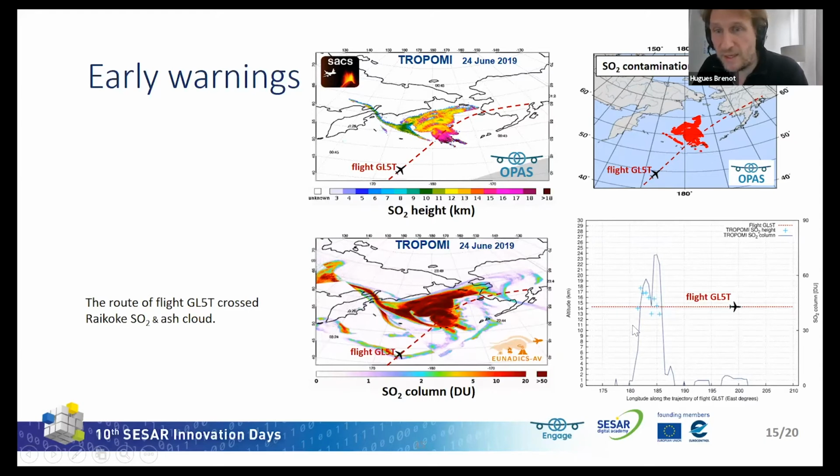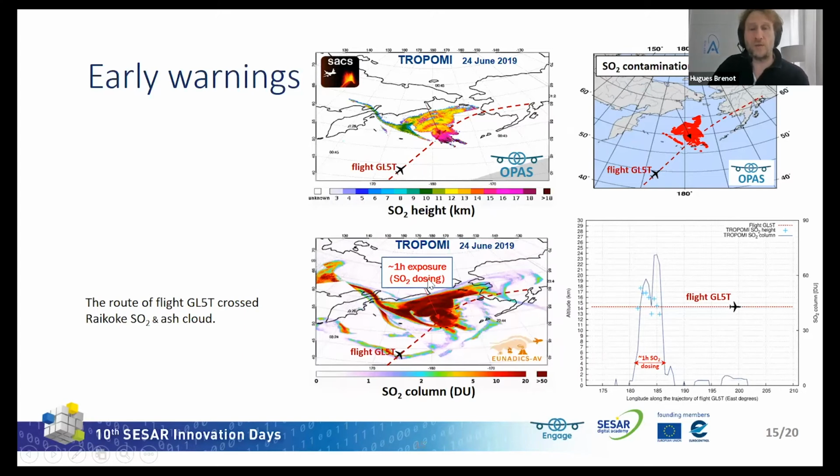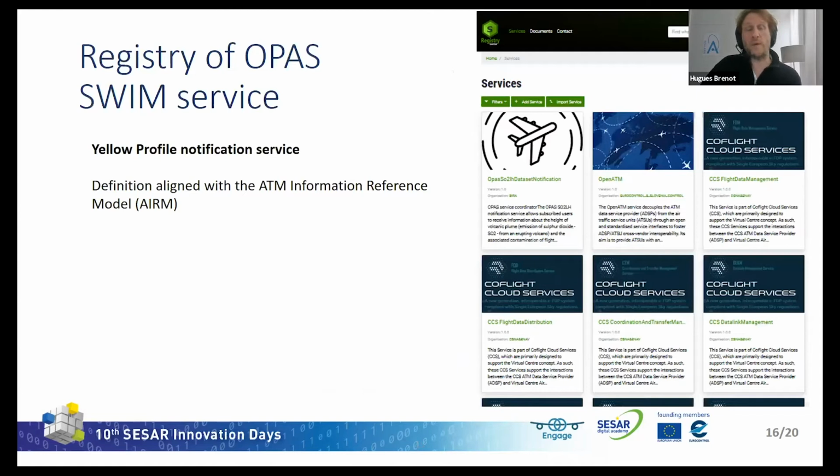And you can see in the blue line, this is the SO2 column. So basically, during 1 hour, the plane flew through an important and huge concentration of SO2 column. This is why we developed the OPAS SWIM service, and we are